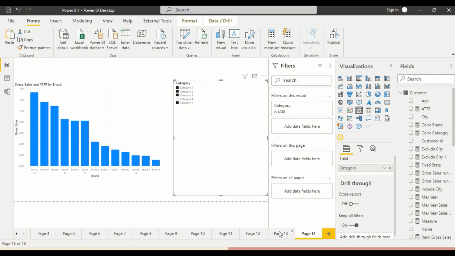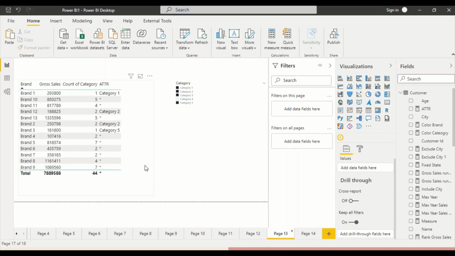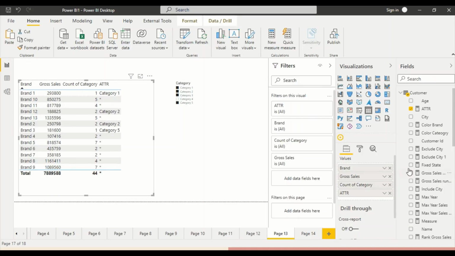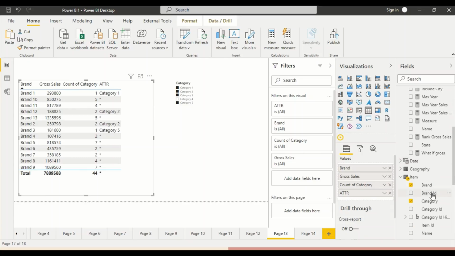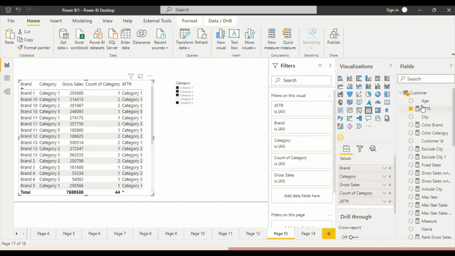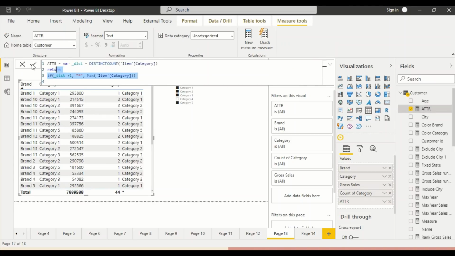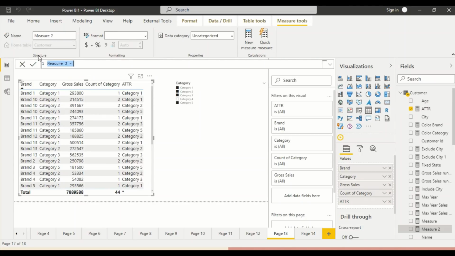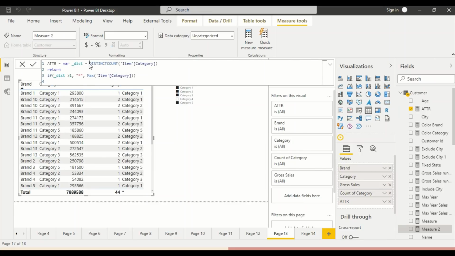So now the question comes to my mind is, can I even do it when the category is available in the visual? So let's say if it's available here, can I still do it? So let's try that. So can I calculate it like this? The 2-3 ways we are going to see. Let's say something works out.